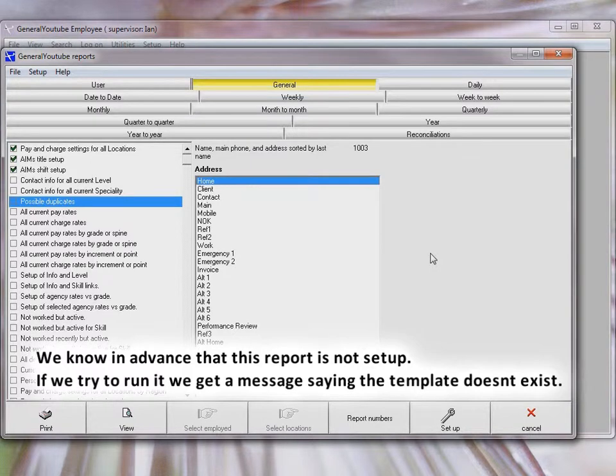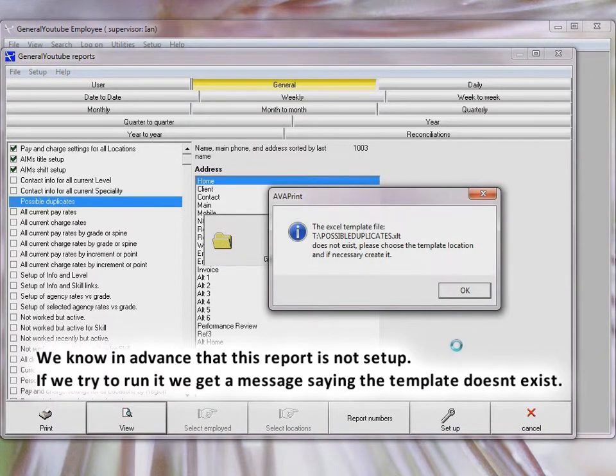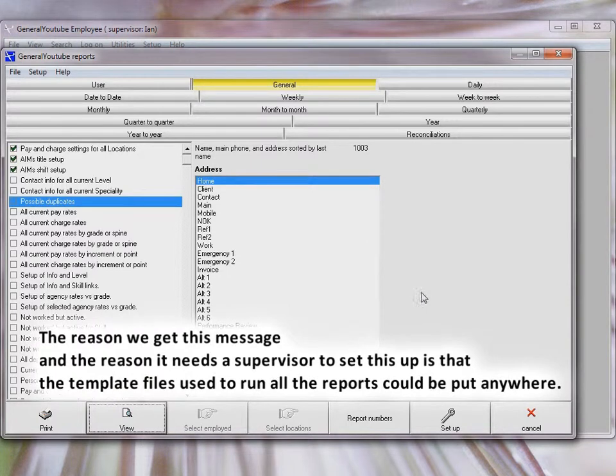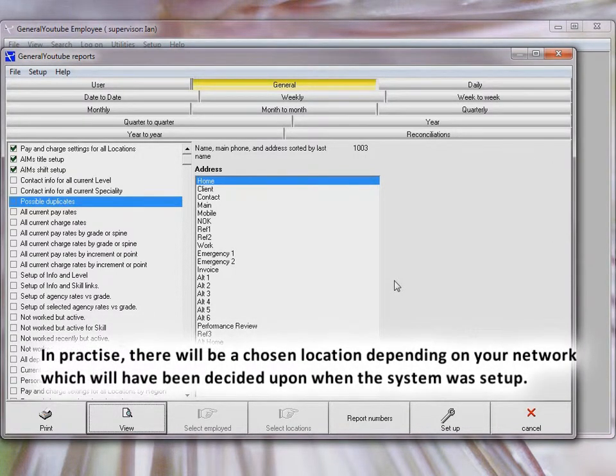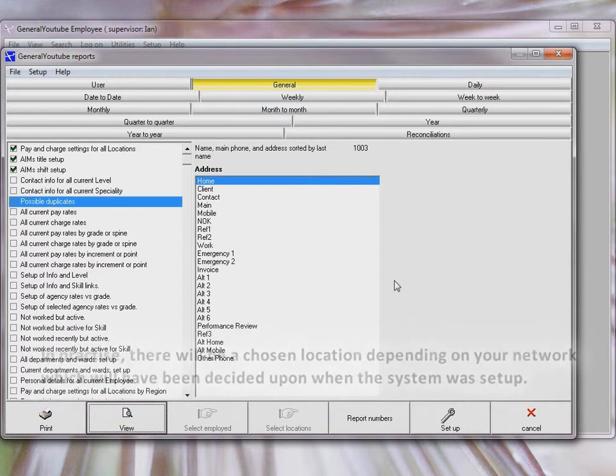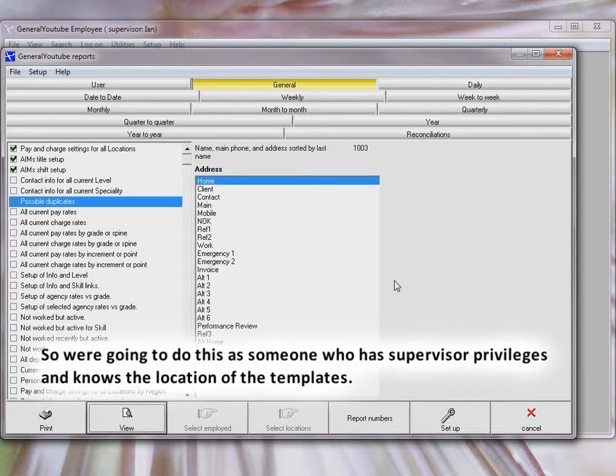Now we know in advance that this report is not set up. If we try to run it, we get a message saying the template doesn't exist. The reason we get this message, and the reason it needs a supervisor to set this up, is that the template files used to run all the reports could be put anywhere. In practice, there will be a chosen location depending on your network, which will have been decided upon when the system was set up. So we're going to do this as someone who has supervisor privileges and knows the location